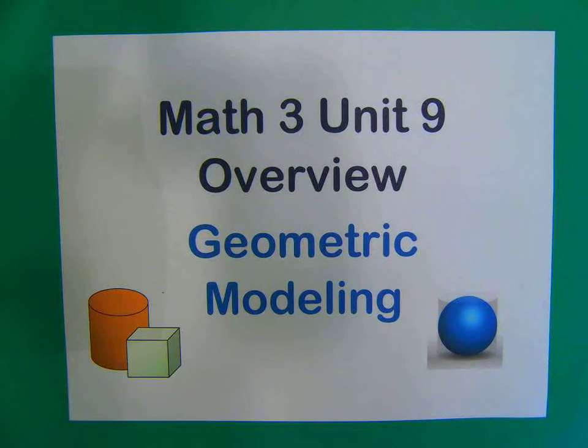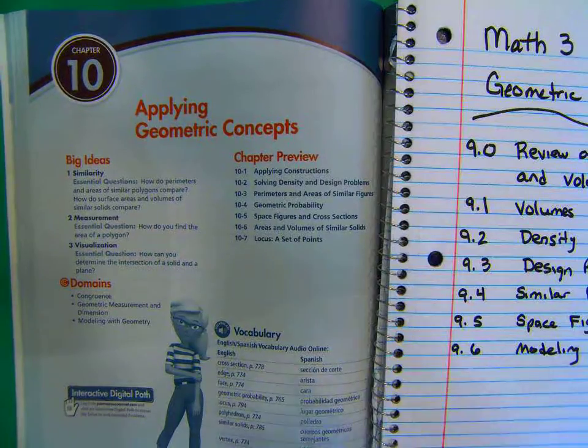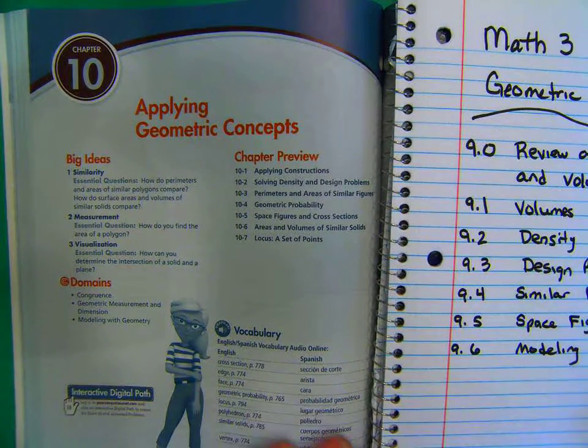Today we're going to be talking about Math 3, Unit 9, and we're just going to get a little overview of this geometric modeling chapter. And so what I want to show you right now is the actual textbook. This Unit 9 comes from Chapter 10 primarily, and if we look at the